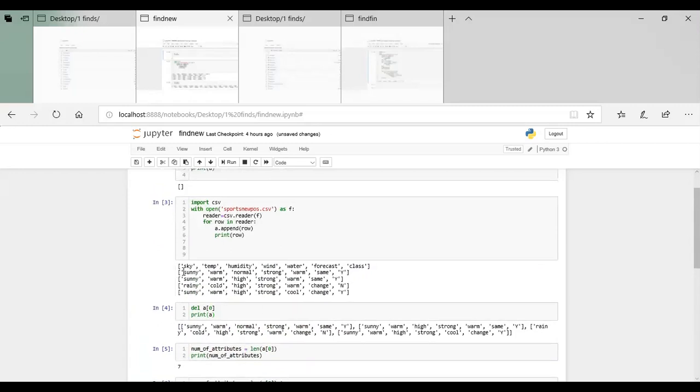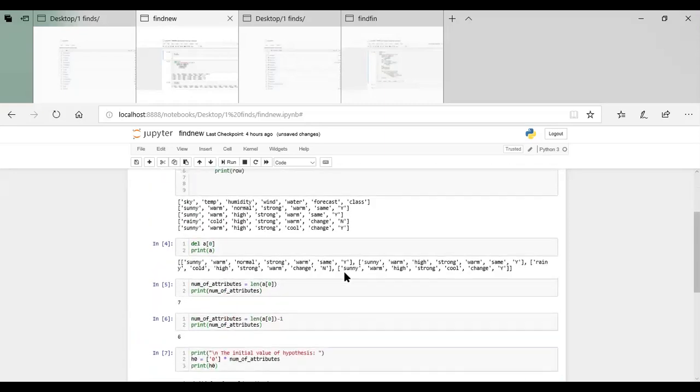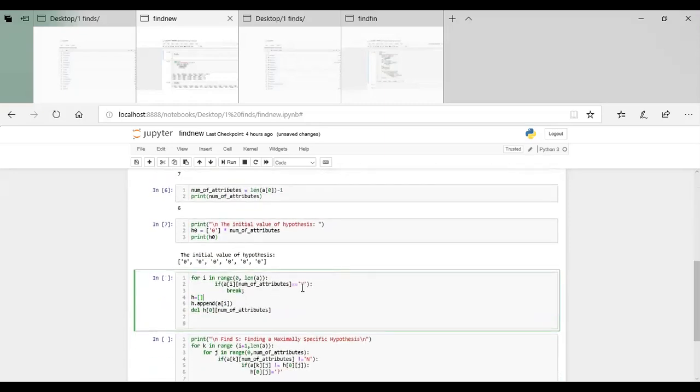Here the first instance, sunny, warm, normal, strong, warm, same, has the class label yes. First we have to check whether it is a positive example or not. For that, for i in the range of 0 to length of a, if a[i][number of attributes] is equal to yes, that is, first we check the training example with only the positive class.